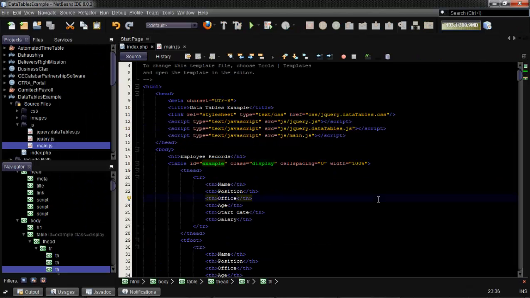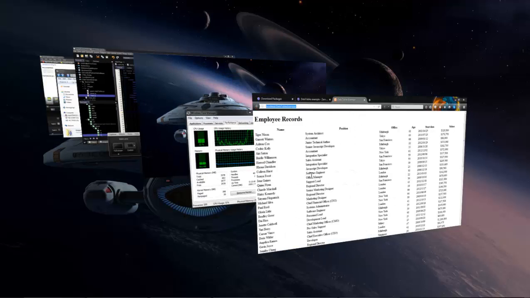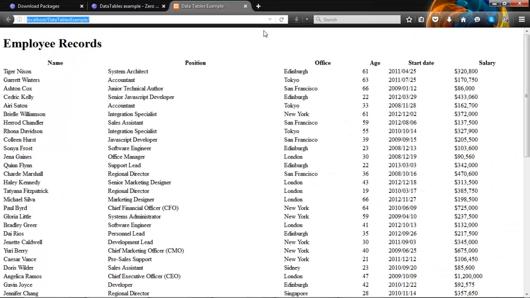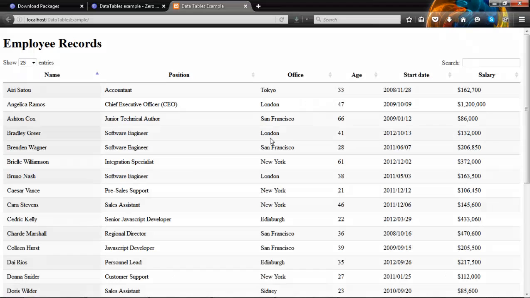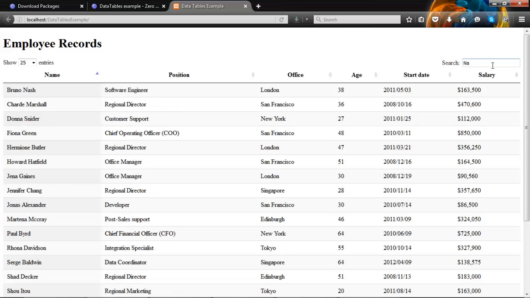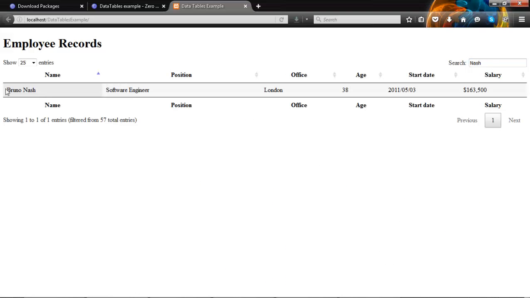Okay, time to check out what we've done so far and see if all what we've done is going to work. And I believe that I've done everything correctly. So we go over to the web page and then we refresh this page. And here we go. You can see the page dramatically changes, and we have the headings and all this sorting, and how many entries that we can view and all that, and we can search for information. I think there's someone called Nash over here. Here is Bruno Nash, and